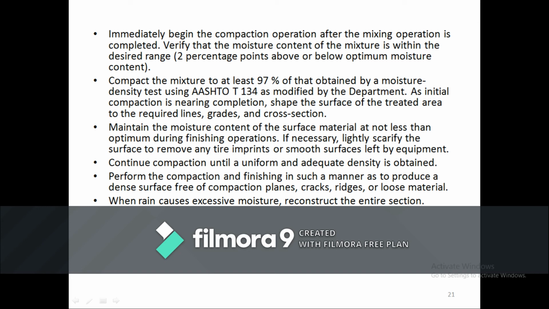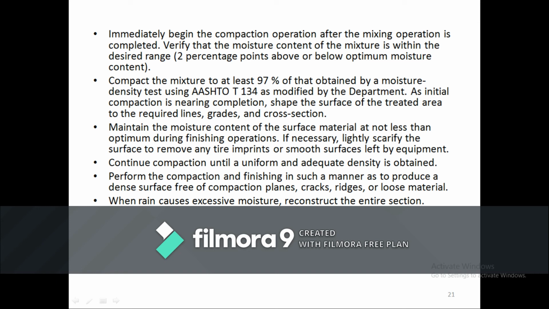Perform compaction and finishing in such a manner as to produce a dense surface free of compaction planes, cracks, ridges or loose material. So what is the next thing? Perform the compaction and finishing so that a dense surface free of compaction planes is obtained.